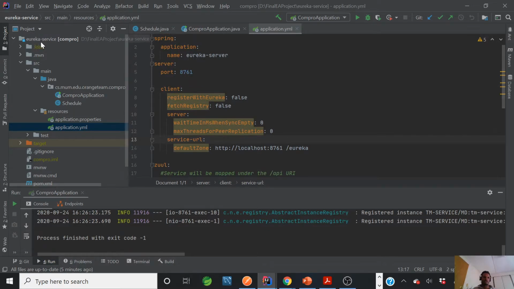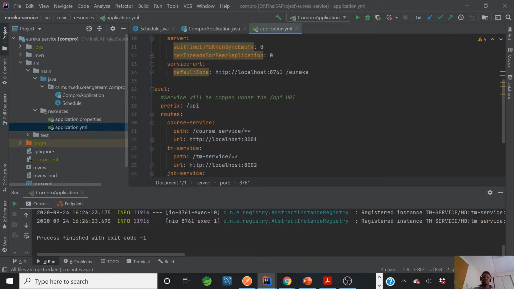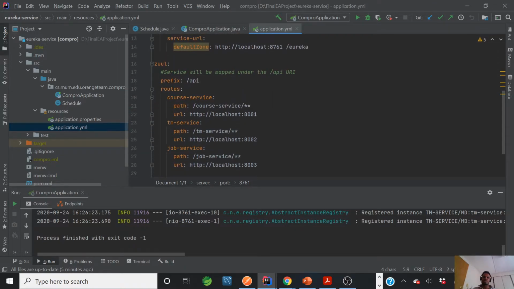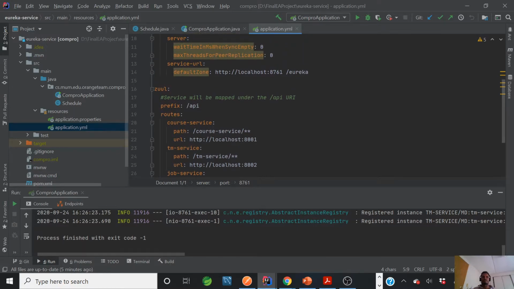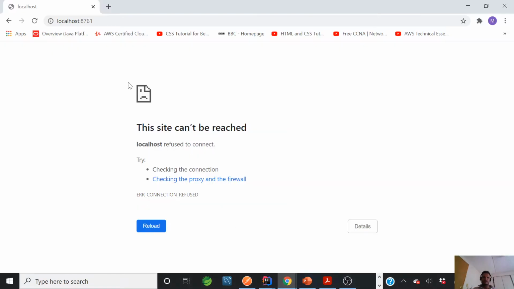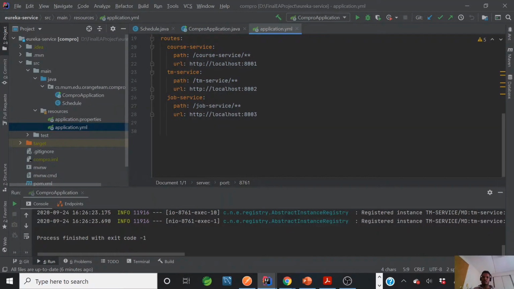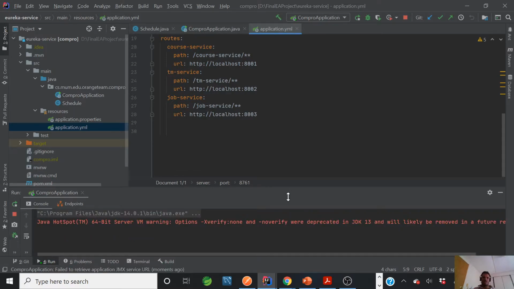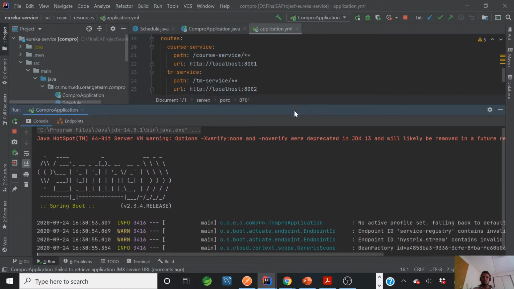This is my Eureka service. Here is the default port 8761. We have registered our 3 microservices here: A001, A002, and A003. This is our Zuul proxy, a door for every request. And before I run my Eureka, this is not working because my Eureka is not running. So let me run my Eureka. Once I run it, my TM service will be registered on the Eureka. It will take some minutes, and